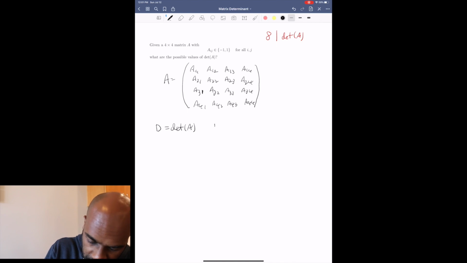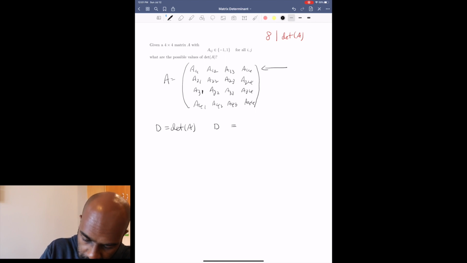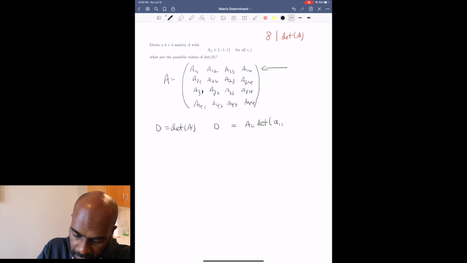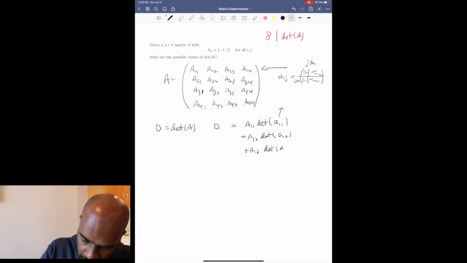So D itself, we can expand along the first row. It's going to be A11 times the determinant of, we're going to write this down as little a11. In general, little aij I'm going to denote as the determinant of the matrix where we get rid of the ith row and the jth column, and just keep all of this stuff. So this is the ijth minor. Then we're going to add a12 times little a12 and a13 times little a13,